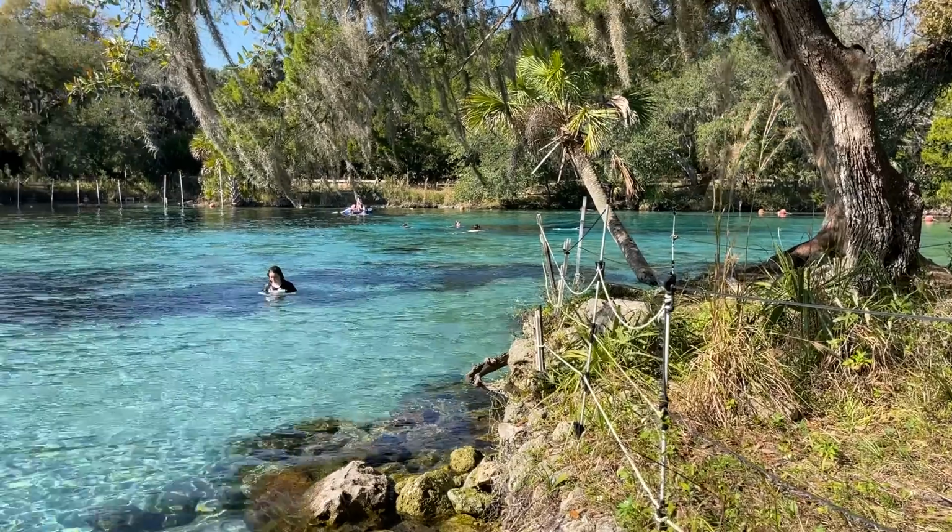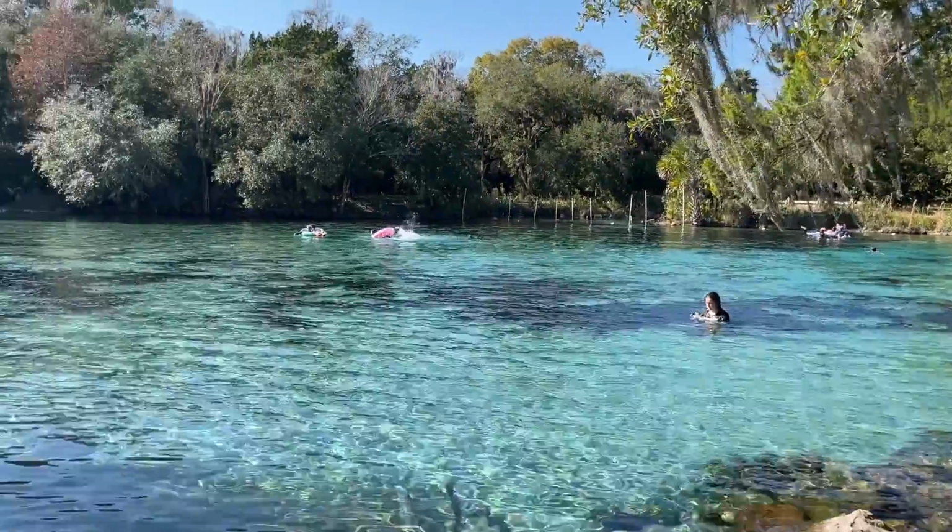So the thing that's cool about this place is, again, it's another large area. The spring itself was pretty large, but then also there's a lot of grassy area. A family was playing ultimate frisbee in one section, and other families were picnicking. And then an even cooler thing, if you're trying to look for a more upbeat type of day, is